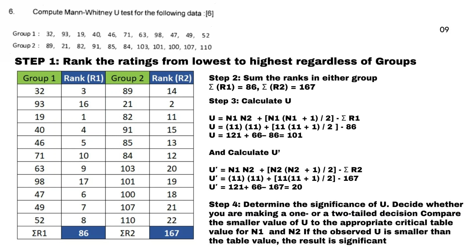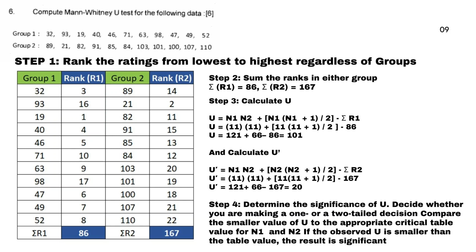Third is 32, fourth is 40, fifth is 46, sixth is 47, seventh is 49, eighth is 52, ninth is 63, 10th is 71, 11th is 82, 12th is 84, 13th is 85, 14th is 89, and 15th is 91. Like this I have gone. I have completed the ranking, and once I have completed the ranking, step 2 is to sum the ranks in